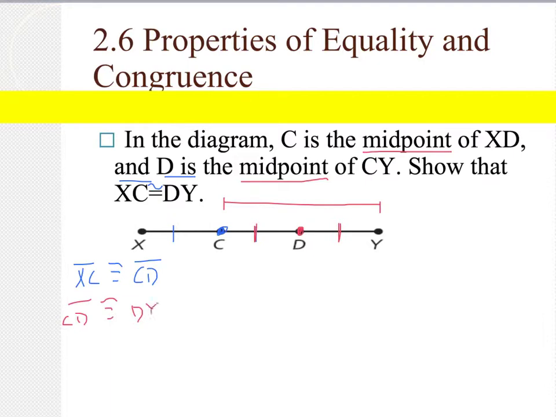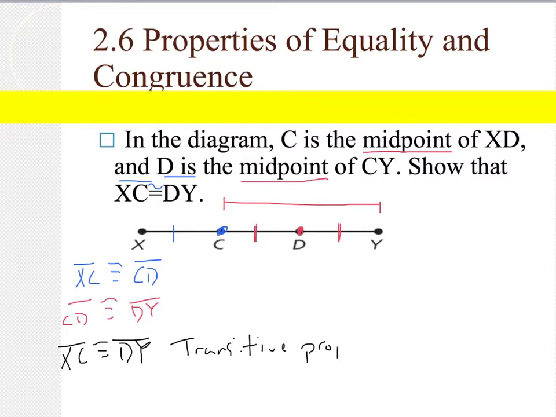So CD is congruent to DY. Now, I want you to look at what we just wrote down. We have XC is congruent to CD, and CD is congruent to DY. Well, that has a property written all over it. Can you tell me why then is XC congruent to DY? What property makes that true? It is the transitive property